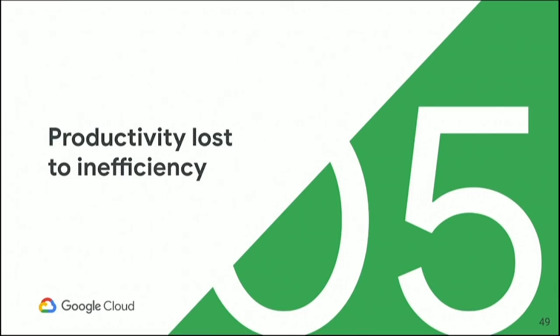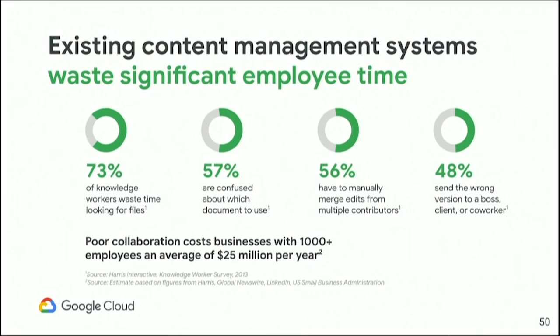$1 million, and that will get totaled up into the indirect cost savings in a minute. The final bit on indirect cost savings here is employee productivity. And what you're ultimately trying to do in IT is help your employees be productive. You've rolled out content platforms to deliver them the knowledge that they need in order to get their jobs done, but there are immense inefficiencies in terms of how people use these tools,